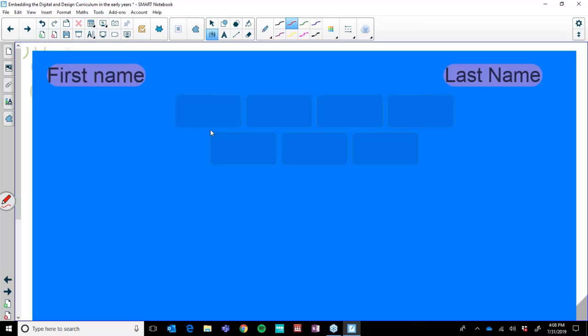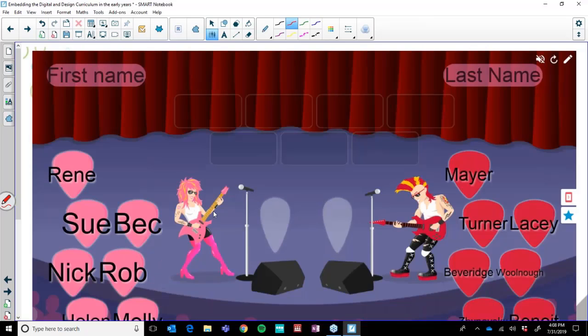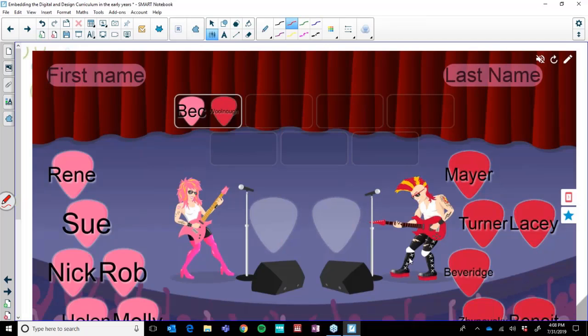So then I set the challenge for the teachers to create their own role. And this was one of the roles that they had created. What they had to do was, in the morning, after they'd learned how to send their photos to the board, the students would then have to come up and join their first name with their last name. And when they won, they would play a little riff and get a little music. And so they were capturing the role in that way.